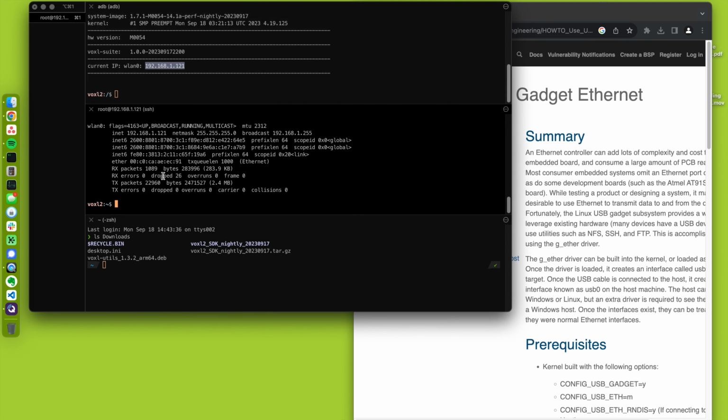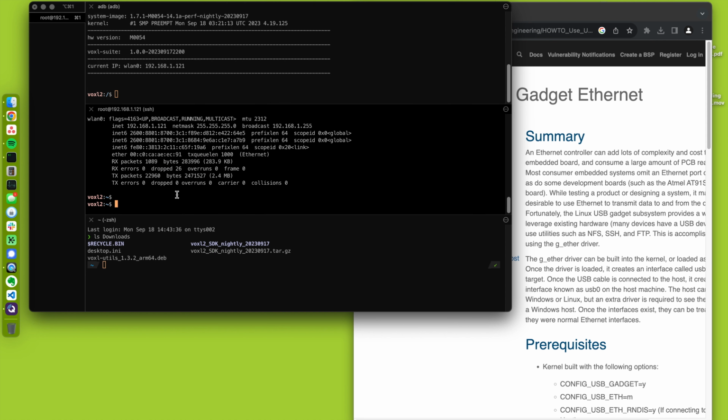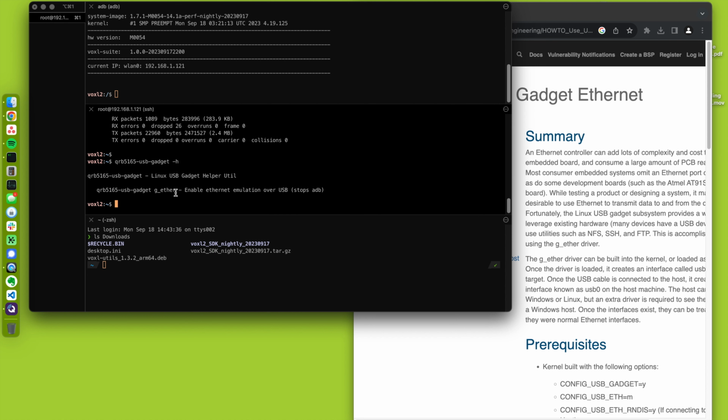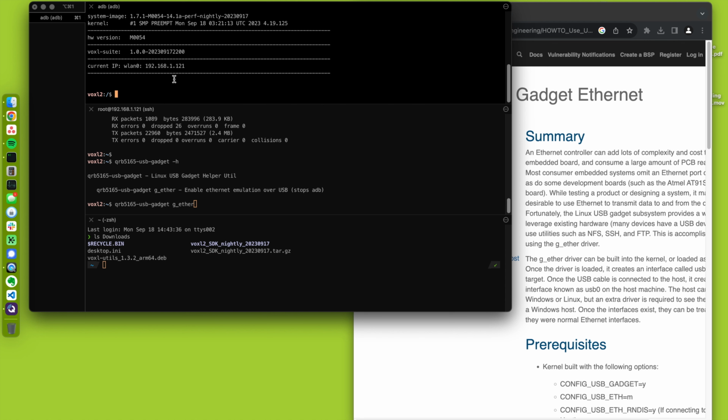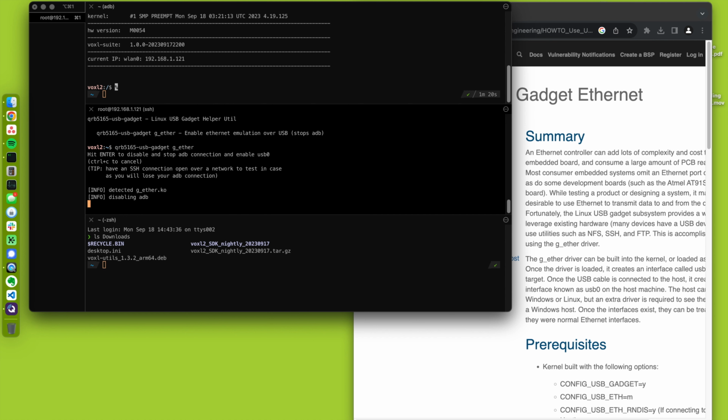So right now we have an SSH connection right here, and we have an ADB connection right here. So what I'm going to do is run a utility called qrb5165-usb-gadget, and right now it's just this g-ether option, and this will allow us to get this new interface up. And watch, I'm going to lose ADB though, so it's going to warn you, you're going to lose ADB. So I lose ADB,